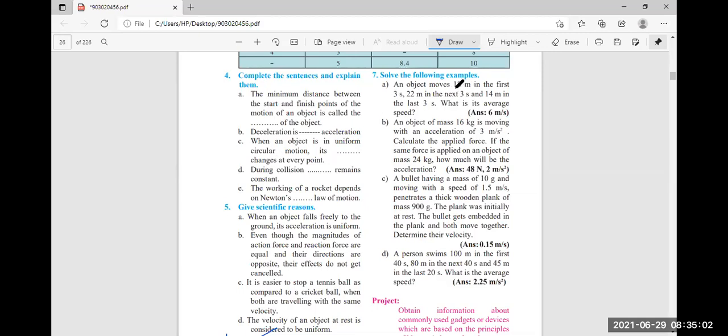Now here an object is there. So first 18 meters, you have to write 18 plus second 22 meters, third, what is given there? 14 meters. Before that, you have to write the formula. What is the formula? You tell me. For this, we are writing directly, but what is the formula for it?